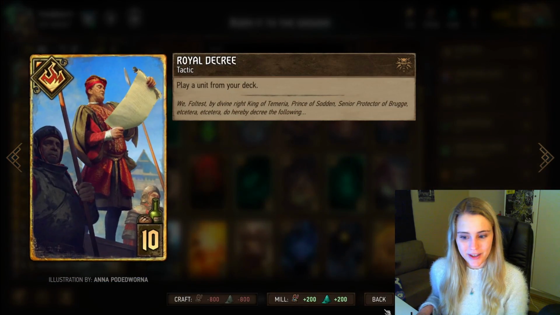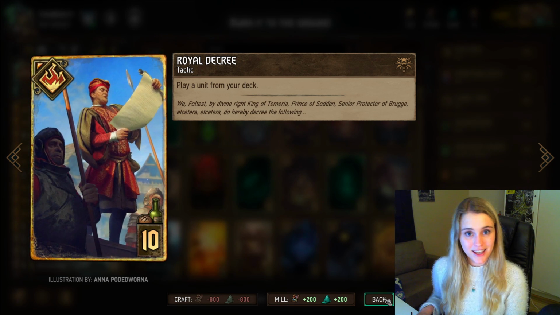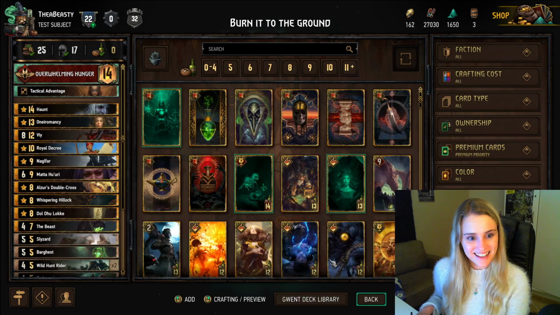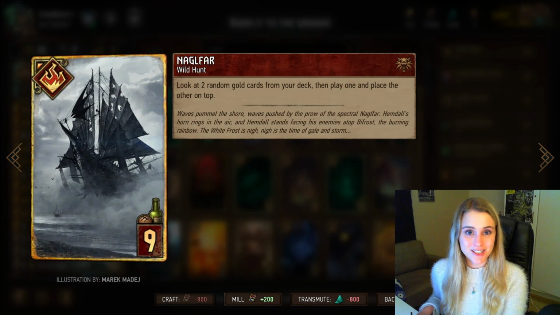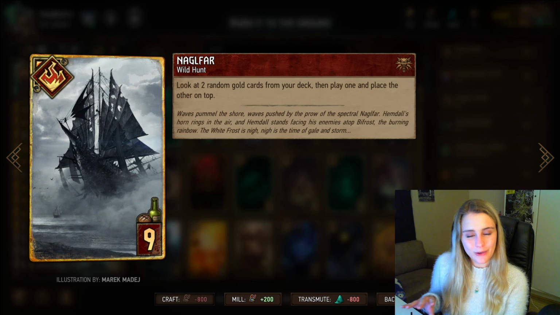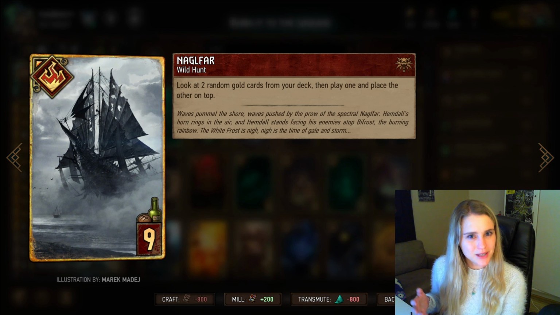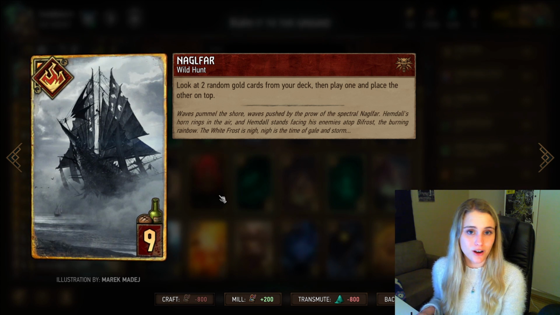Alright, then we have Royal Decree. Now with Royal Decree, we can pull any unit out of the deck. And guess what? We're going to be pulling V. Then you have Naglfar. Now Naglfar is a great card to have. It looks at 2 random gold cards in your deck, it plays with one, and it puts the other one on top. So we want all of these gold cards, and not a single one can really brick your hand. So try to play this in the first or second round, so you're guaranteed that other gold card while you're